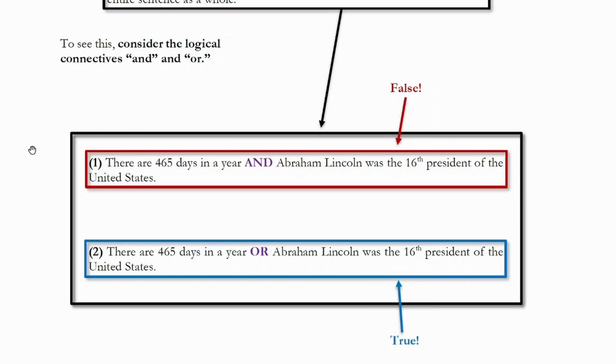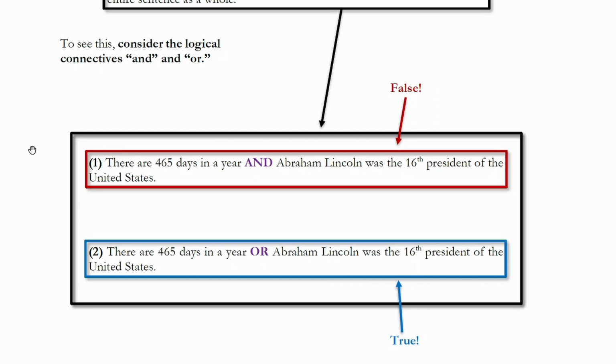It has these 2 claims, and it connects them with the word "and". Sentence 2 has the exact same 2 claims, but it connects them with the word "or". Now, why does this matter? Well, suppose someone asked you, or you asked yourself, let's say, are these sentences true or false? Now, that's not a difficult question to answer because everything in these sentences is essentially common knowledge, right? So if we take a look at the claims made in the sentences, we all know that there are actually